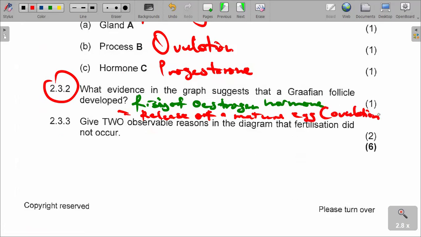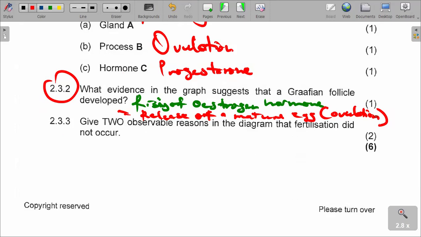Presence of ovulation can also show that there was development of Graafian follicle. So we are saying the presence of ovulation, the sharp rising of oestrogen hormone,